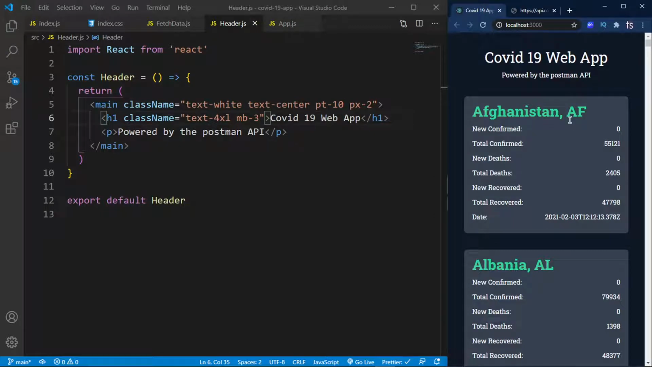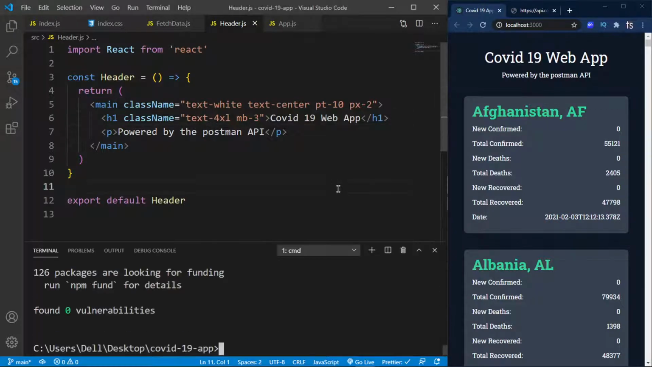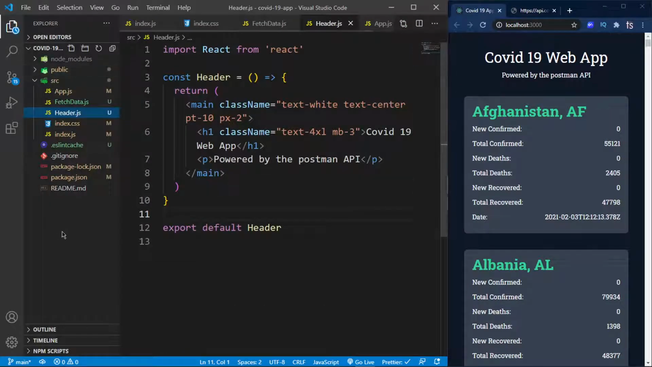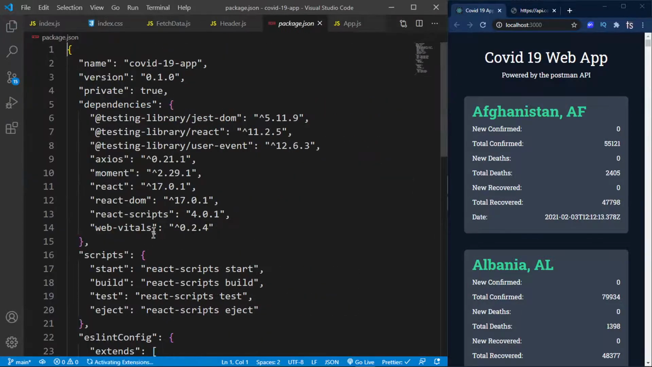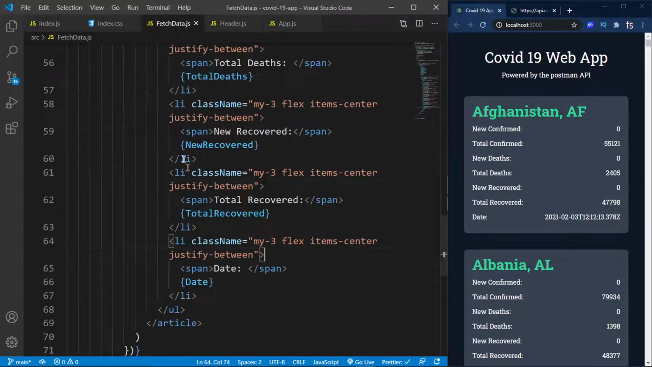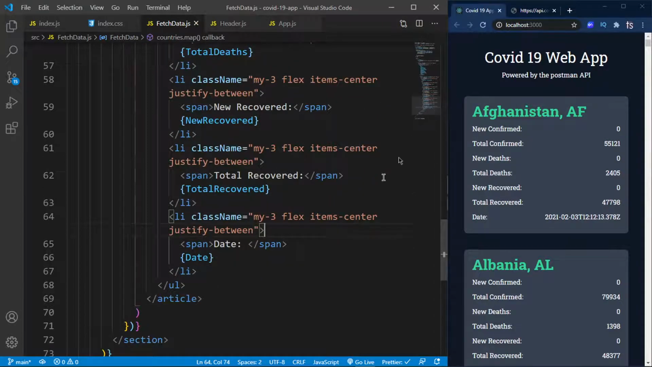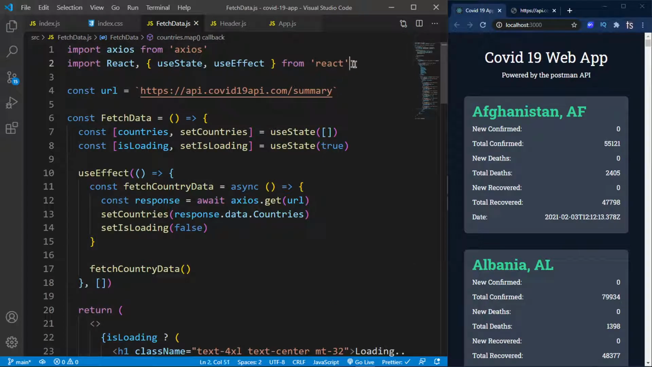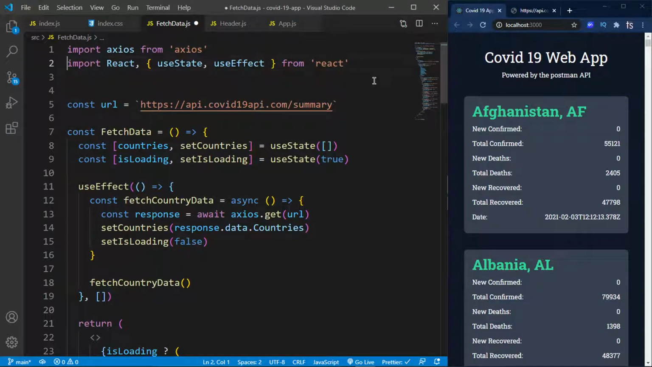Okay, so what is remaining? Only to format the date, right? So let me check that out, and we can see that moment has finished installing, and you can go into your package.json and confirm that it has indeed installed right there. And we also installed Axios. So once you've installed moment, I can go into my fetch data component, because technically this is where we want to format the date. And right at the top, I'm going to say